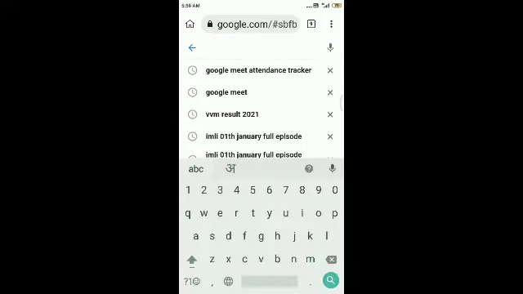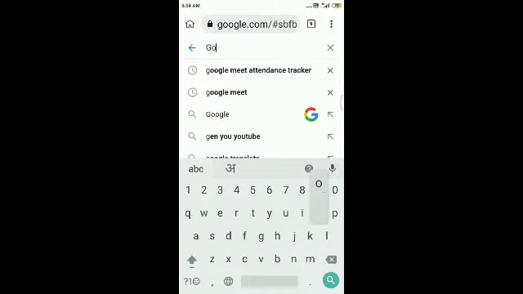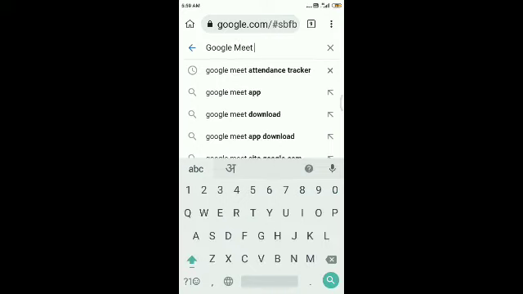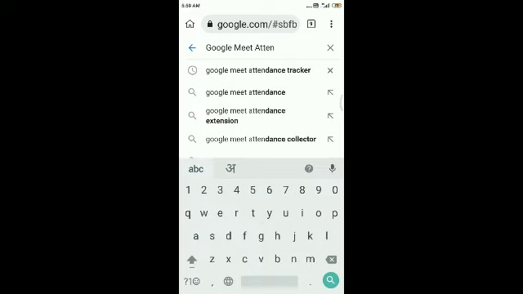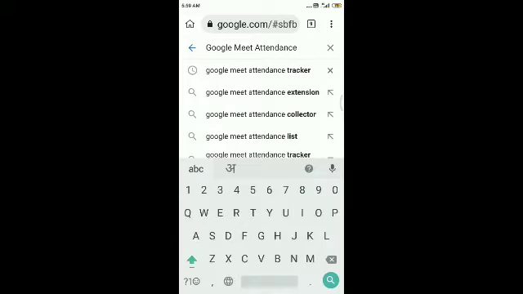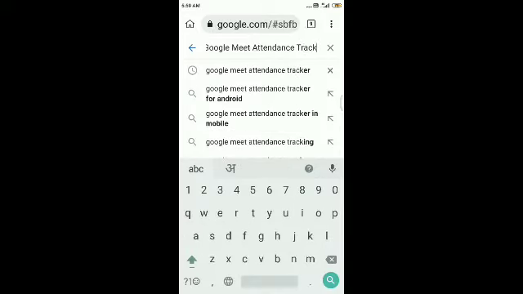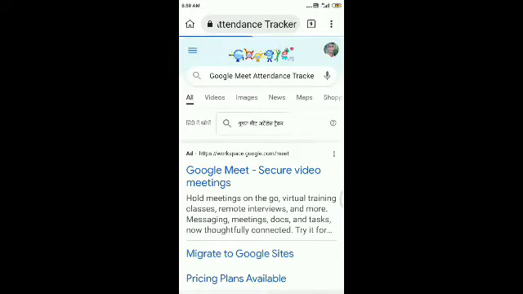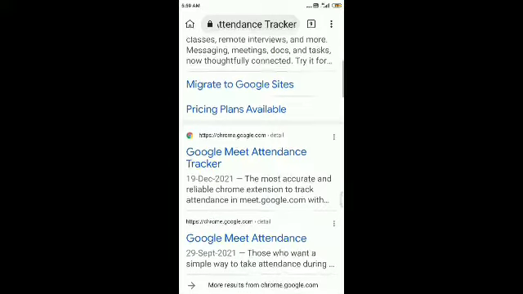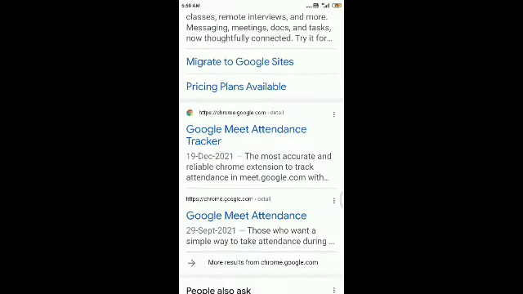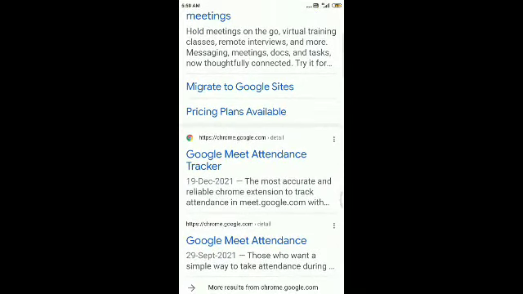And here you have to type Google Meet attendance tracker. You can see here Google Meet attendance tracker.